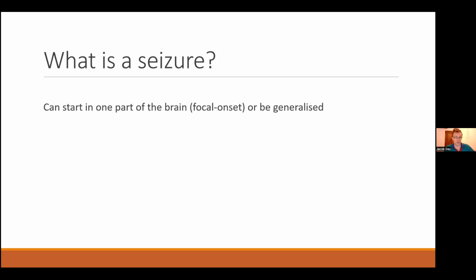So seizures, as I'm sure you know, we call them either focal onset or generalized onset. So if it starts in one part of the brain, it's focal onset. People might not lose awareness then. They might just get a bit of jerking of one limb and then it settles down. They remember it all and they never become confused or anything. But it can be focal onset that causes reduced awareness, or it can be generalized onset, and all of those are going to cause amnesia for events and usually have quite a prolonged recovery afterwards.